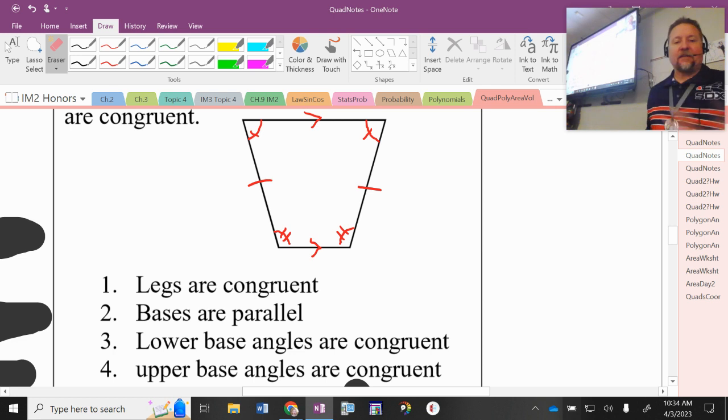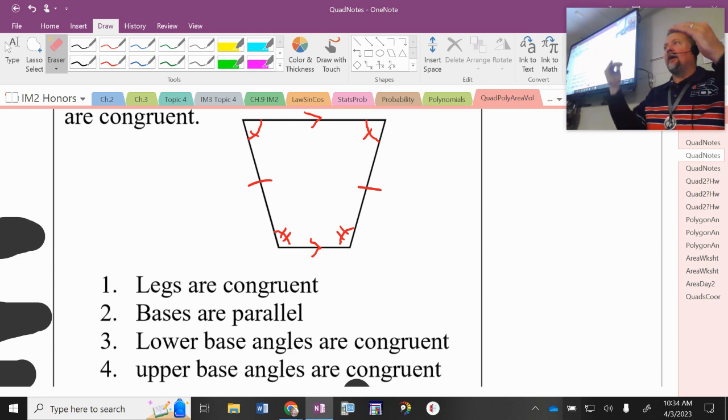I separate that into two separate sentences. Feel free to put that in one. That's the idea of isosceles. Sides are equal, and then base angles are equal to each other. If you want to color code it better, that's fine. I'm going to color code for my